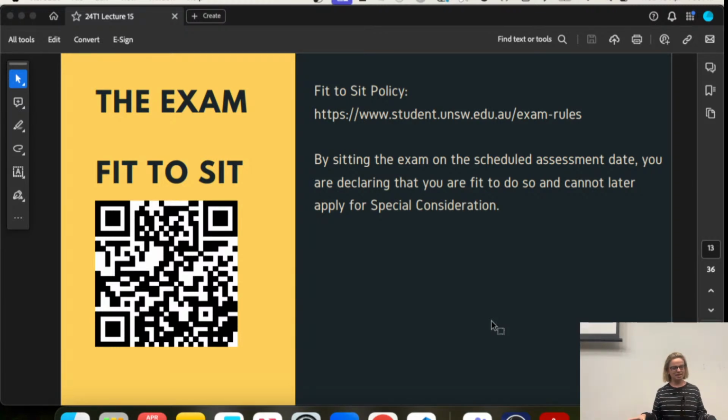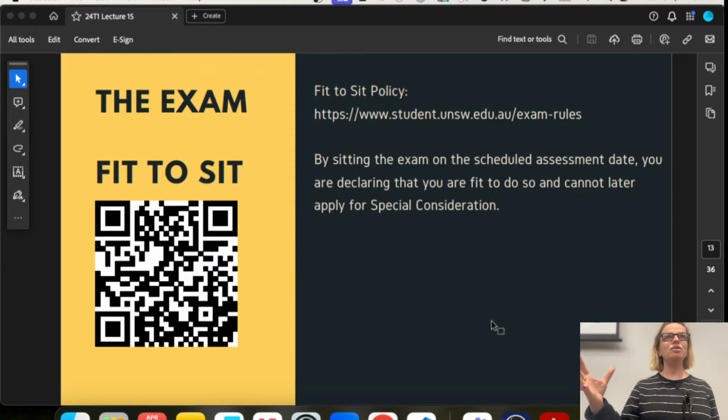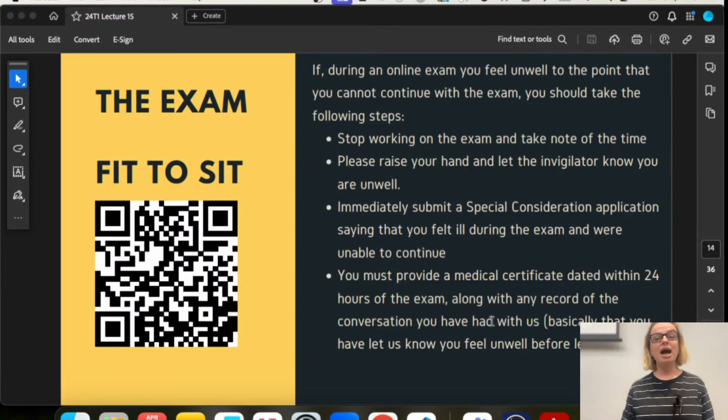COVID has happened twice now to all the invigilators and all of us because people show up anyway. If you are sick, you will get a supplementary exam. Please just apply for special consideration and stay at home if you're unwell. I don't really want your lurgy. But once you show up, it's much harder to then say, well, actually, I'm not well, so I need special consideration. However, I don't really want you fainting in the exam, which has also happened before, and an ambulance takes a really long time to get to the campus, so please don't.